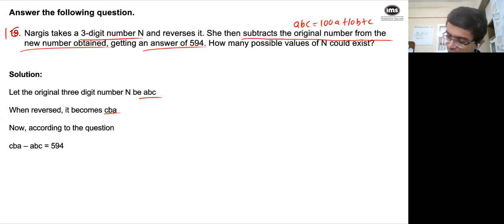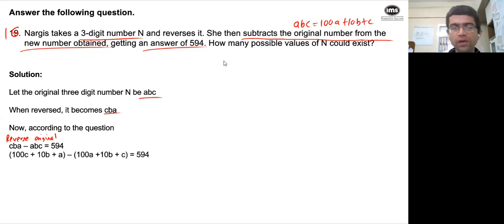Remember, this is the reverse number and I am subtracting the original number from it. If you subtract the original from the new number, that is after reversing, and I expand this in the form that we know, 100C plus 10B plus A minus so and so, what do I get as a result? 99 times C minus A. Remember that